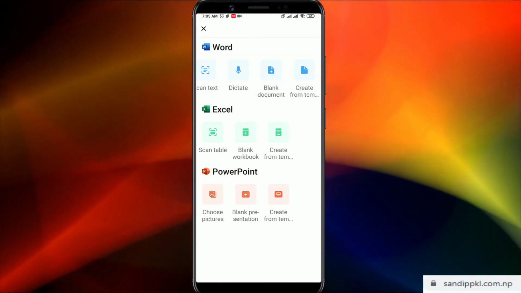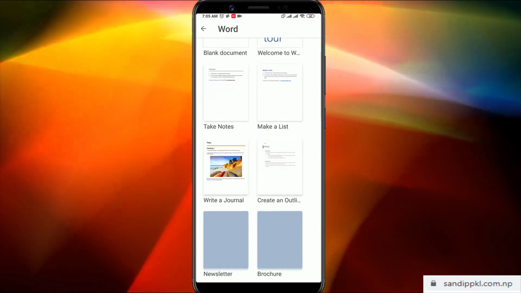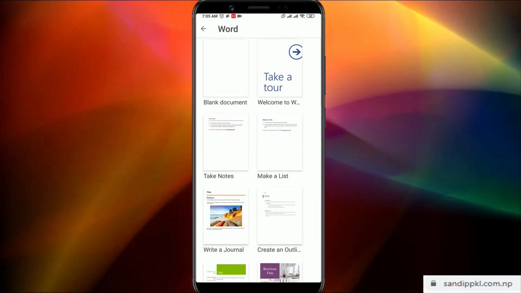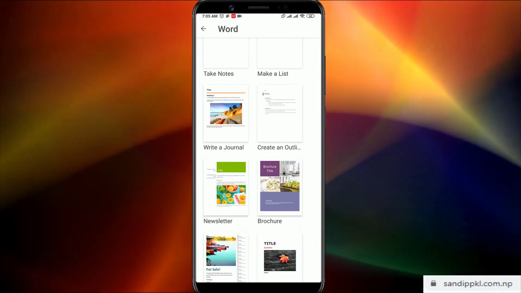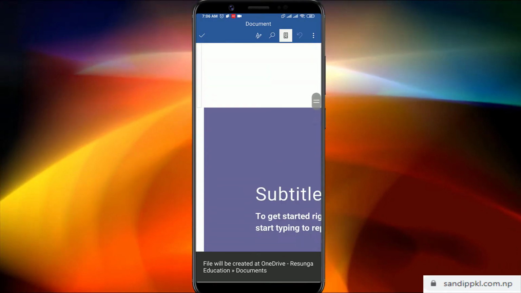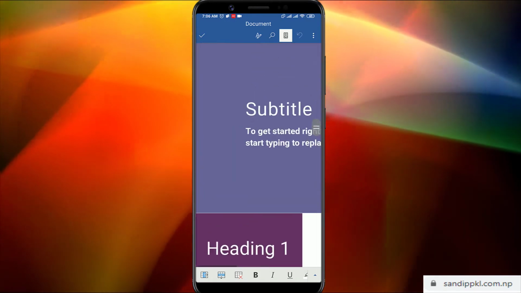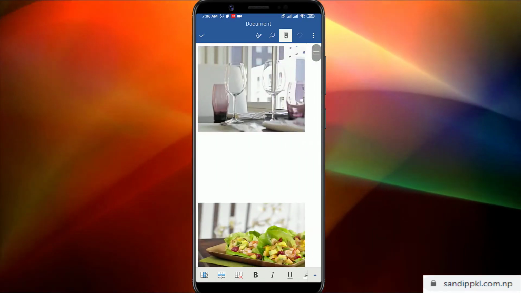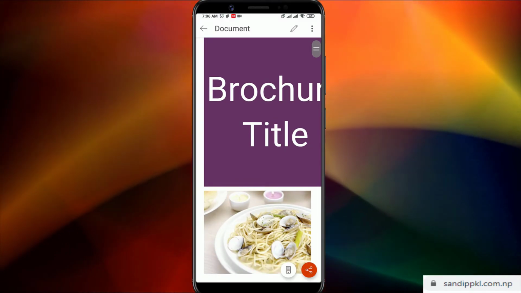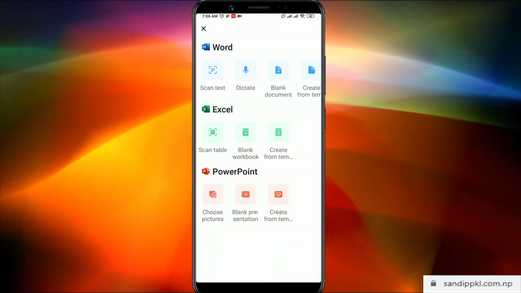Now let's check for a Word document, create from template. From here you can choose different templates. By this way you can create a document in this Office mobile app. Now let's save it and get back and create a new